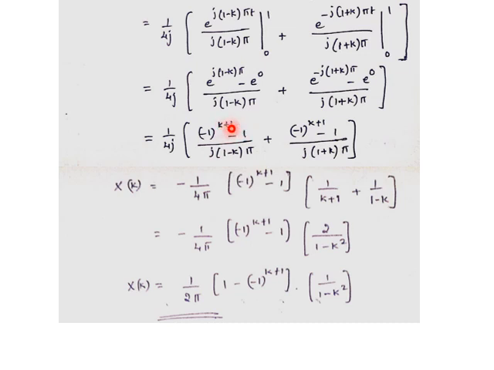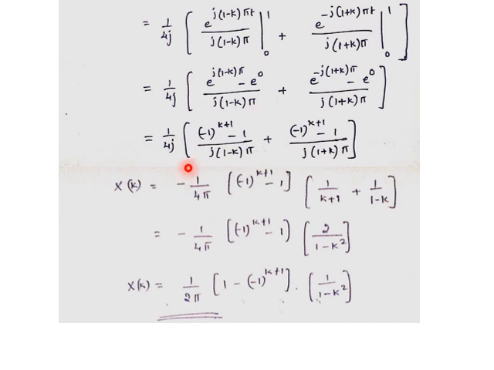So what is going to happen? When k is equal to 1, 1 minus 1 is 0, so e to the power 0 is 1, so positive. With k plus 1, when k is equal to 1, 1 plus 1 is 2, and minus 1 to the power 2 is 1 itself. This is how it needs to be compared, this term and this term; both are going to be common, minus 1 to the power k plus 1, minus 1 to the power k plus 1, minus e to the power 0 equal to 1. That is what I just represented, and the denominator as it is, from the previous line, 1 by 4j outside.